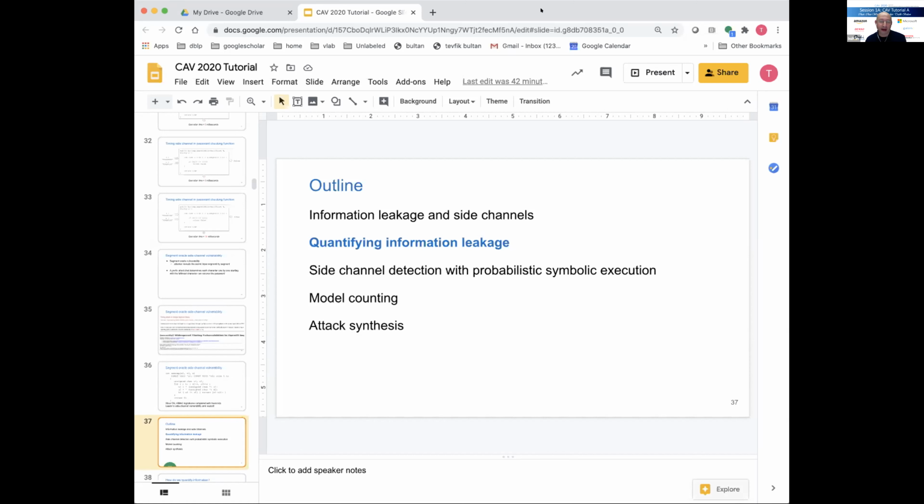So that's one thing, quantifying the leakage. But you can quantify the leakage for the main channel. The main channel is basically the output of the program, when you return a value. That would be very similar to the techniques I'll describe. But why I focused on side channels is because it's a more challenging problem, I think. And also, in software, there are still a lot of things out there that are not explored. I think there is a lot of vulnerable software.